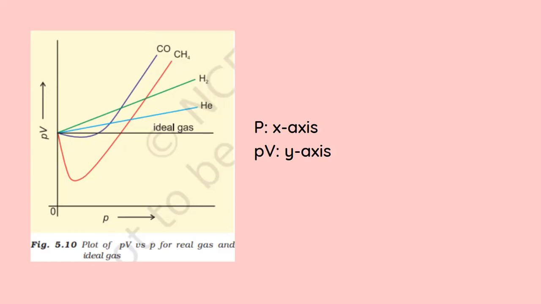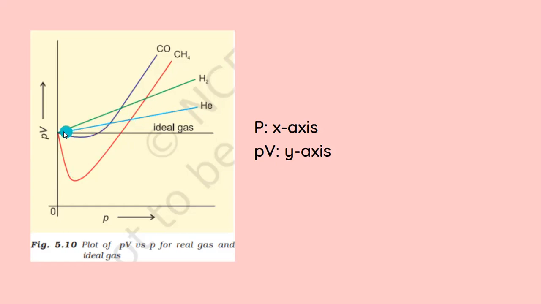What it meant was that at a particular temperature, gases like carbon monoxide and methane tend to move down. There is first a negative deviation, that is, it goes down, and then it goes up. As the pressure increases, PV is first decreasing, reaching a minimum value, and then it is increasing with increase in pressure. And this particular line is crossing the ideal gas line,